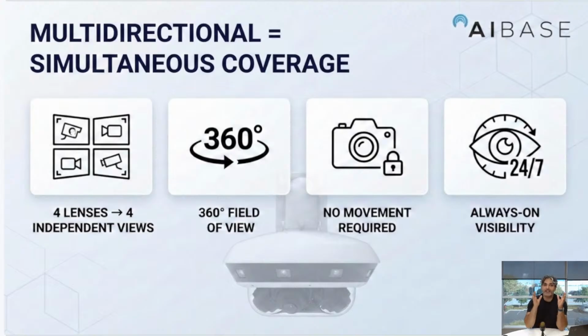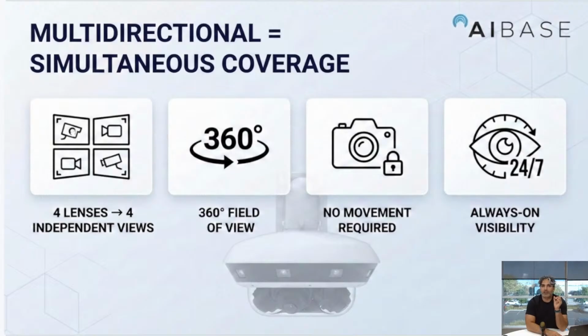Okay, constant visibility is I guess the best way to describe it, right? A PTZ is selective visibility. This is constant visibility. That's the biggest difference. So I want you guys to remember this. Constant 360-degree visibility, multi-direction camera. Selective 360-degree visibility, PTZ. Now let's look at the AI-based models that we offer